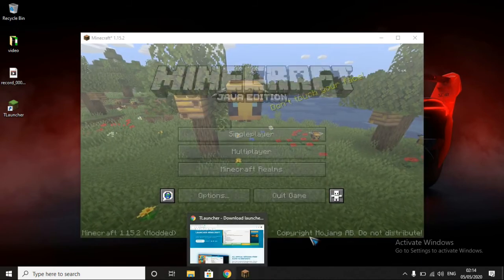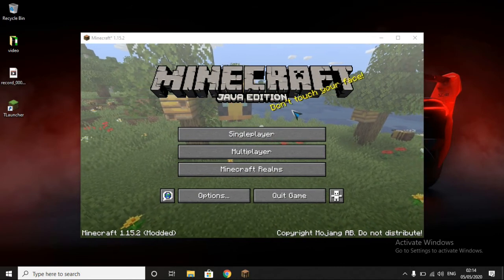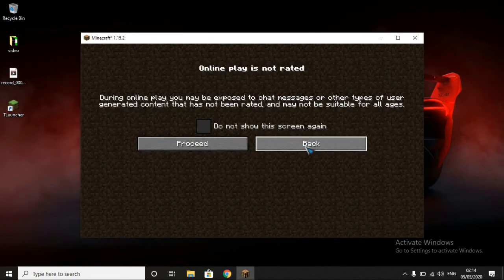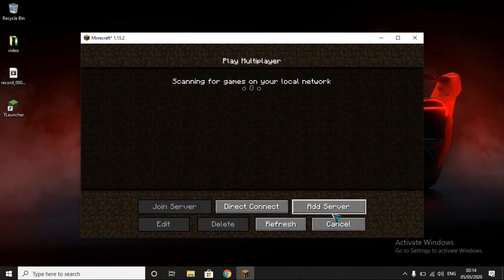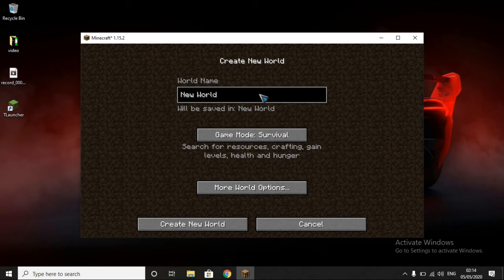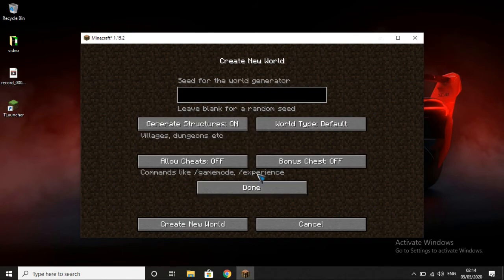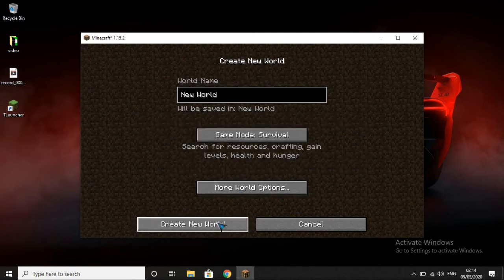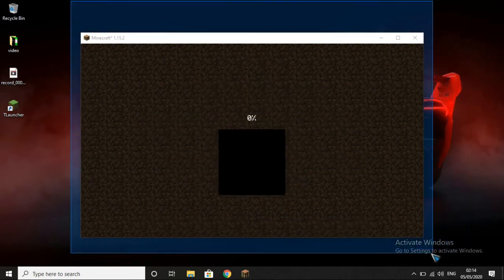And here you guys can see Minecraft has opened. Minecraft 1.15.2. Here you can see you can play multiplayer, or you can just play single player. In this case I will show you single player. So just click on create new world and keep whatever you want. You may think it's a survival launcher, but it is a cracked version. So here I am putting this seed 66, which is a horror seed. You can try it on your own, and you can change the options whichever you want. Done, create new world.